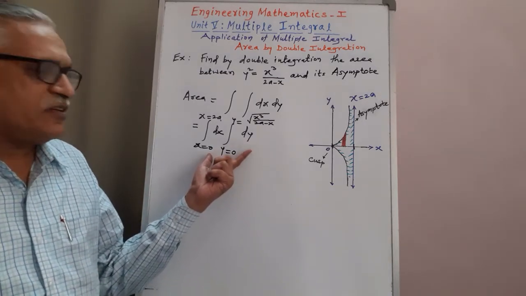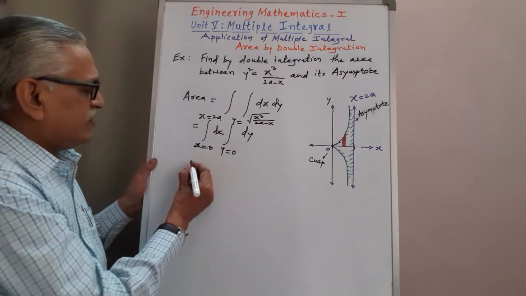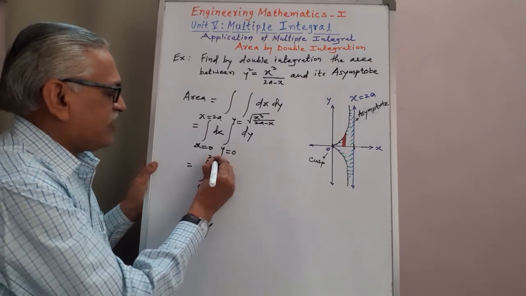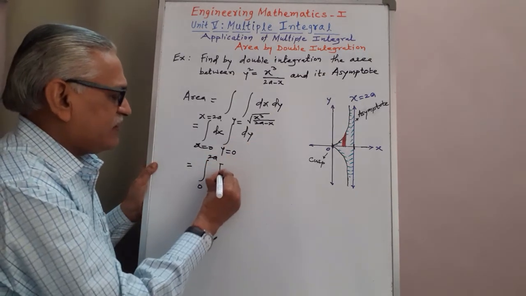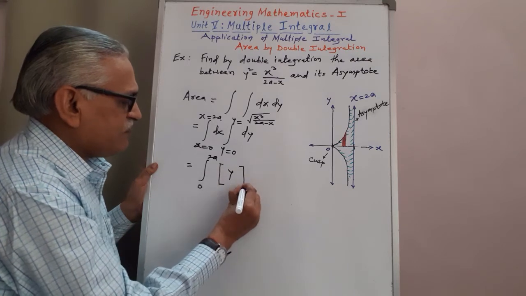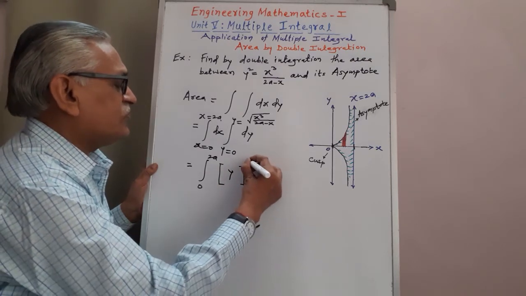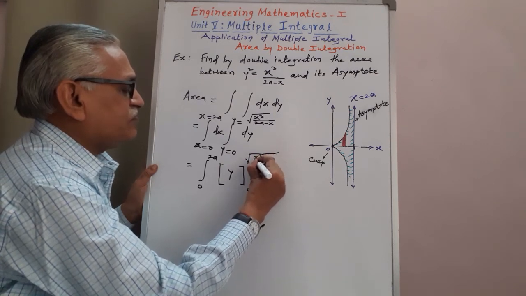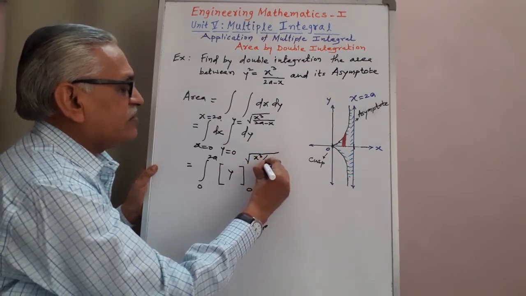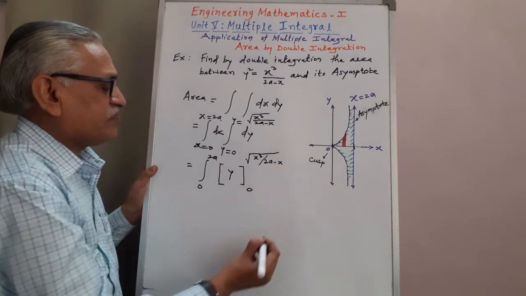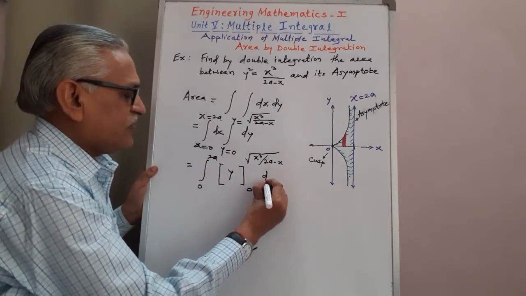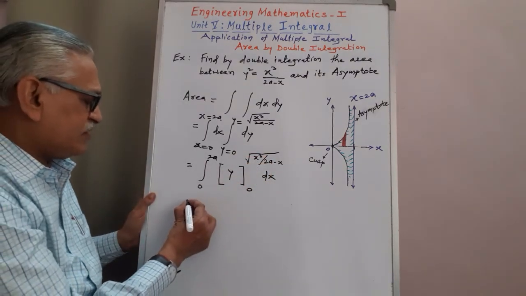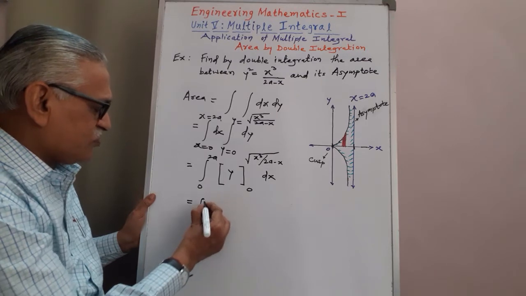After getting the limits, we have to evaluate it as we do a double integration. Therefore, integral from 0 to 2a as it is. Integration of dy is y, with limits from 0 to root of x cube divided by 2a minus x. Then that result we have to integrate with respect to x. Substituting the upper and lower limits, it is integral from 0 to 2a